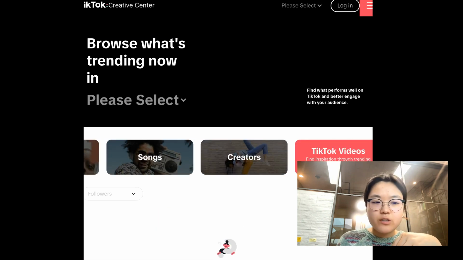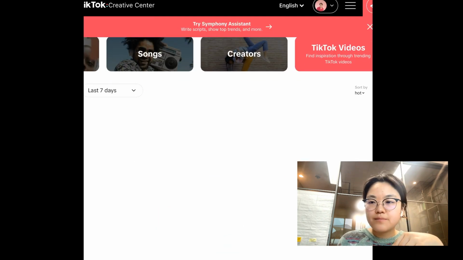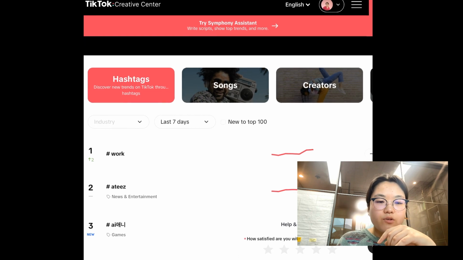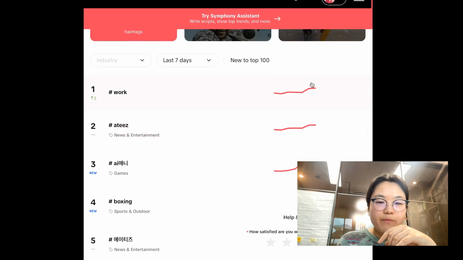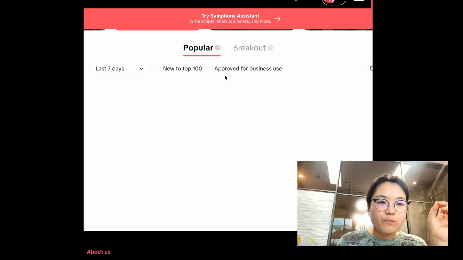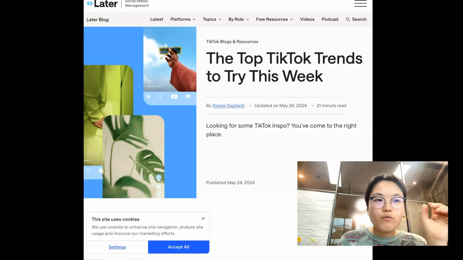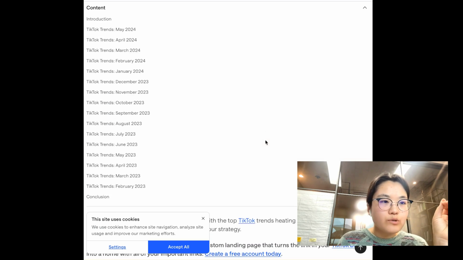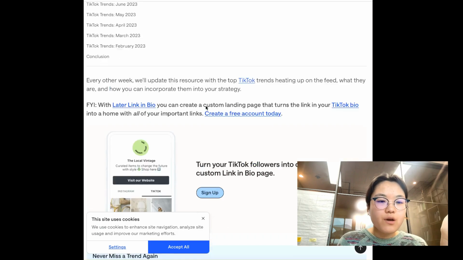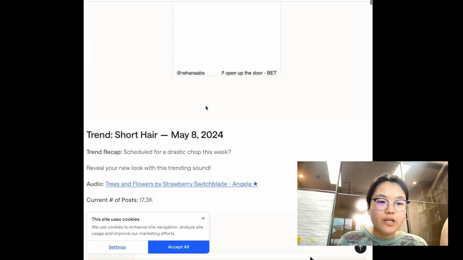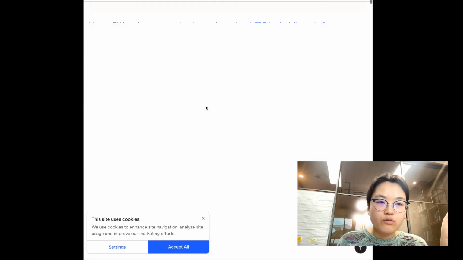What I love about this feature is that you can see the graph-like chart here with hashtags once again, and also the popular songs here. When you go through the Later blog post, you can see the insight per month so that you can understand